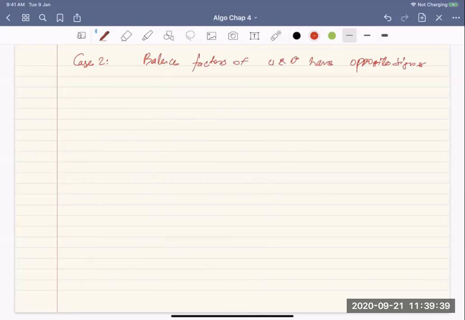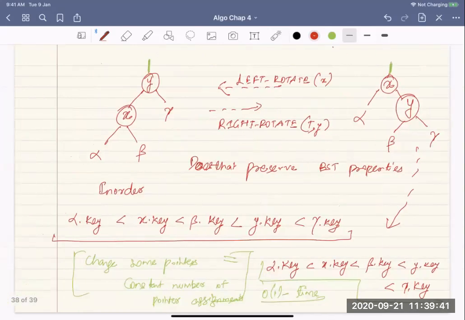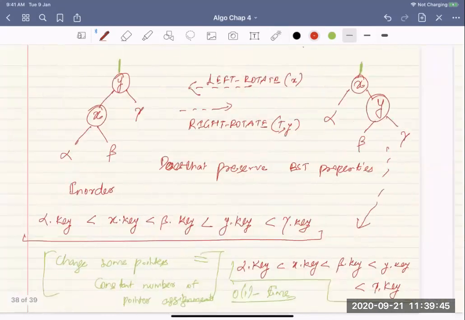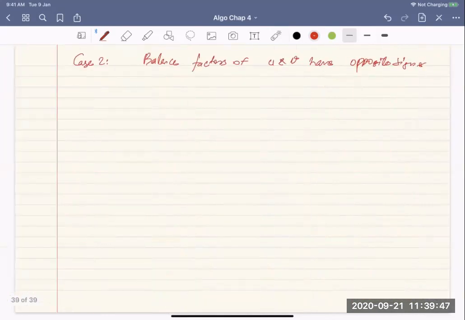Okay, so let me draw the tree again for before what happens. You have u, which was minus 1. It had a left child v, and it had r, which was of height h.